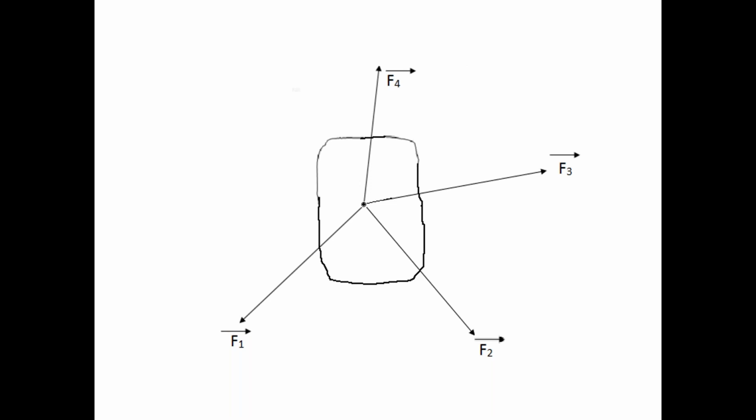To find out the resultant force of these 4 forces F1 bar, F2 bar, F3 bar and F4 bar, you can apply the Polygon law of forces. Then what is this Polygon law of forces? How can we apply the Polygon law of forces to find out the resultant force of the 4 coplanar concurrent forces F1 bar, F2 bar, F3 bar and F4 bar? We know that the Polygon law of forces is a graphical method.